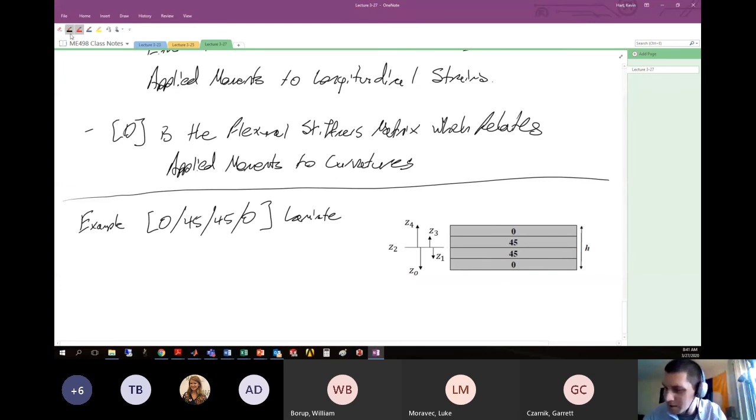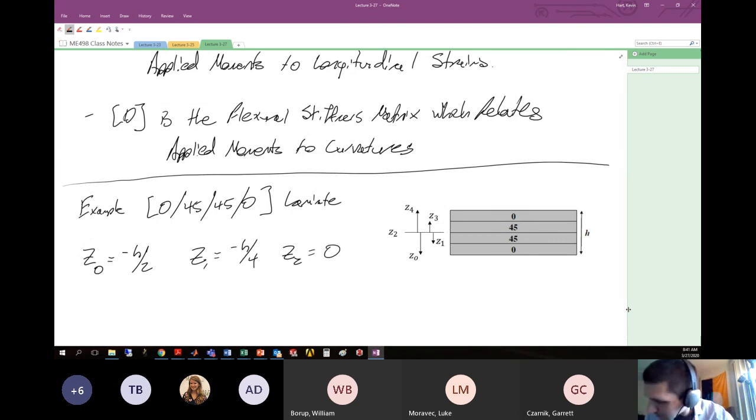Okay, so we can define these directly if we say that the total laminate has a height of h. We're using h now instead of t. And we'll say Z0 is the location negative h on 2, Z1 is the location negative h on 4, Z2 is the location 0, Z3 is the location h on 4, and Z4 is the location h on 2. All right, so we're able to define the locations of each of the lamina tops and bottoms in the laminate